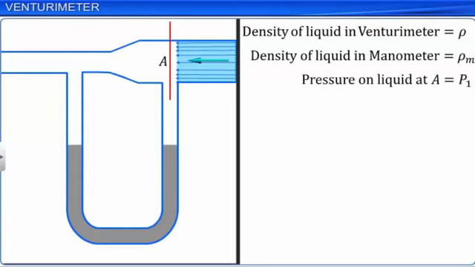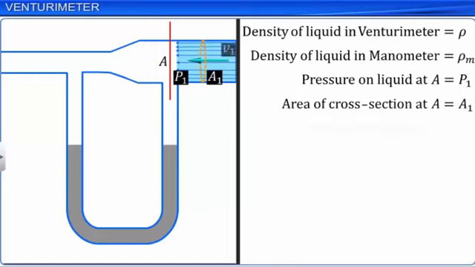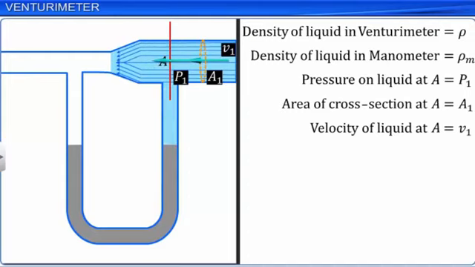Let P1 be the pressure on the liquid, A1 be the area of cross-section and V1 be the velocity of the liquid at A. As the liquid heads for the constriction, the area of the cross-section of the tube decreases and hence its velocity increases,